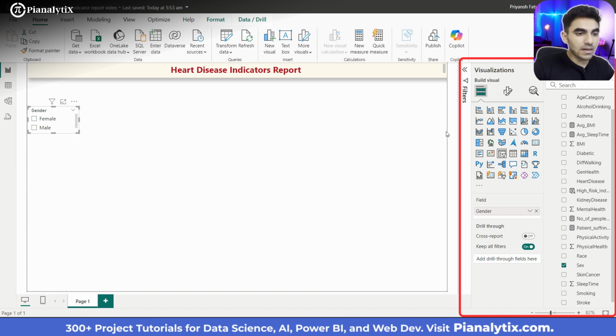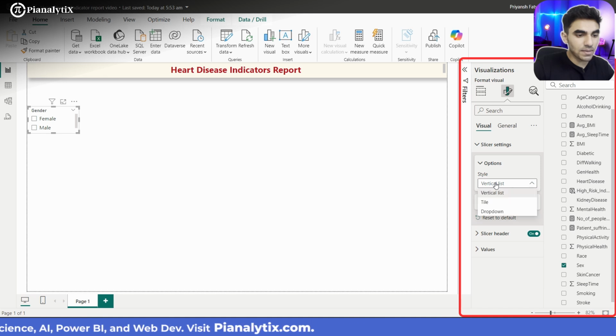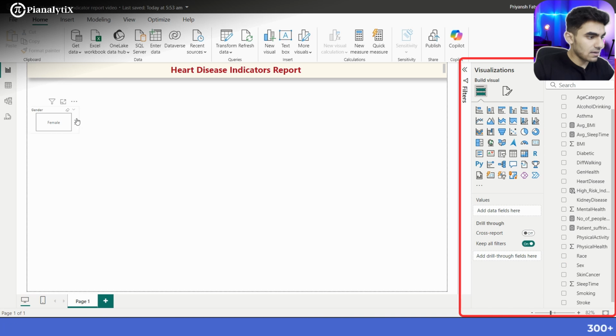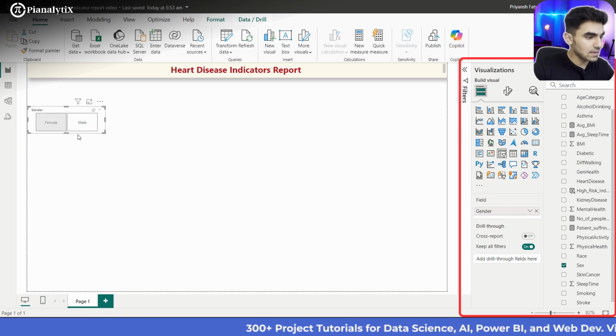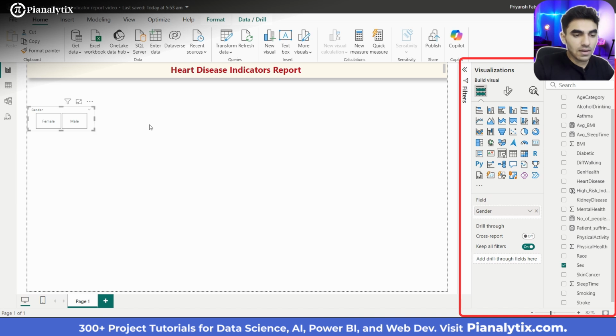For the formatting part, I'm going to go to format. I'm going to go to slicer settings. I want it to be tiles, and I want it to be like this, something like this. Yeah,